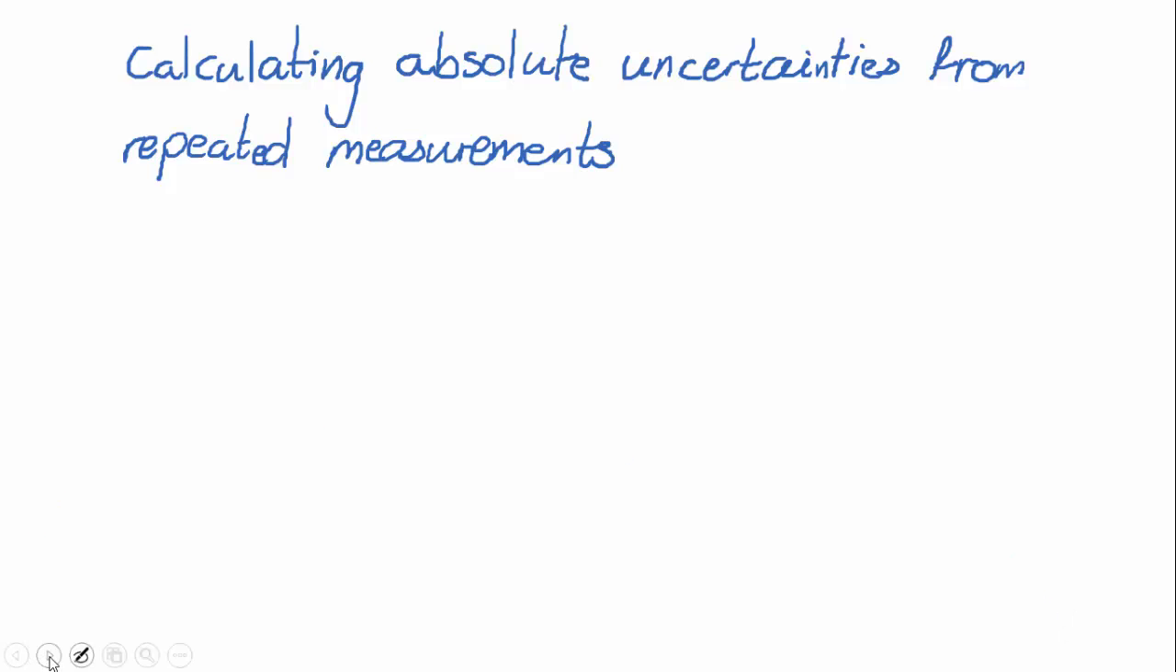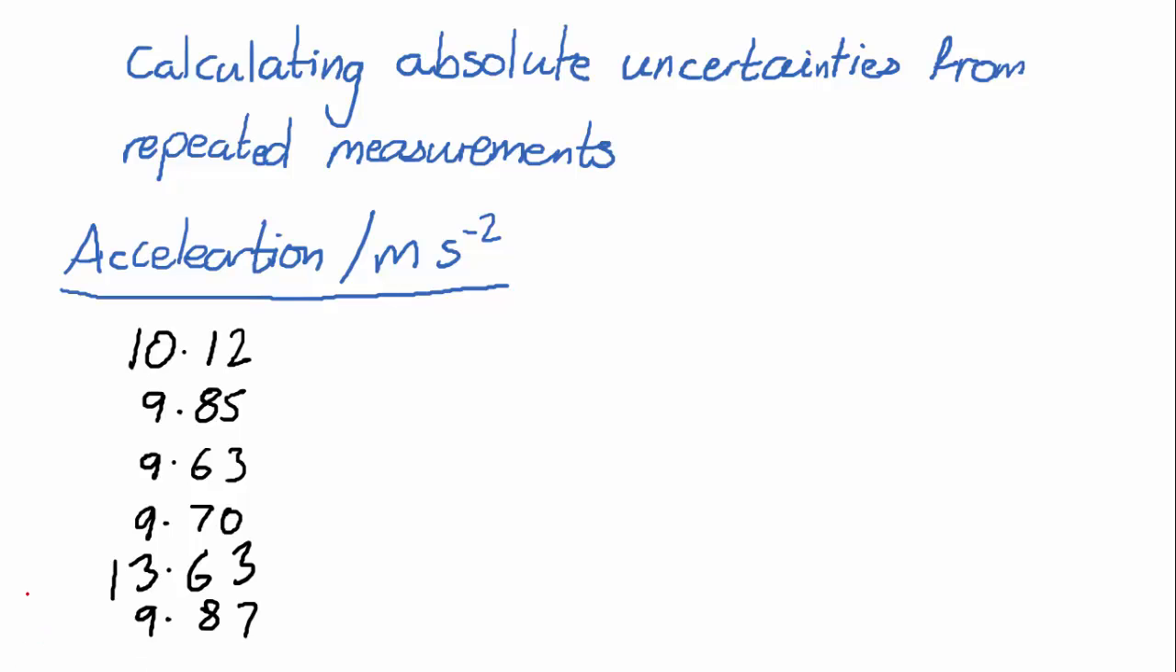So to begin with, we're going to calculate the absolute uncertainties from repeated measurements. So we've got a list here of measurements for acceleration of free fall, and I need to look through and see that 13.63 is an anomaly, so I'm going to ignore it. And then what I now need to do is calculate what's my mean value. So I will add up the other 5 and divide it by 5, and then that comes out on my